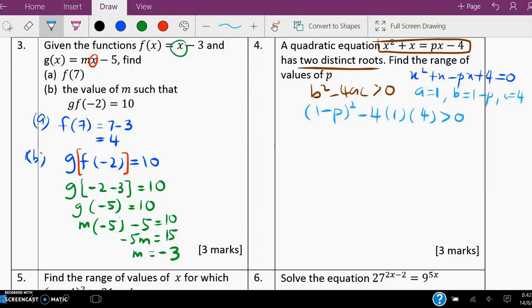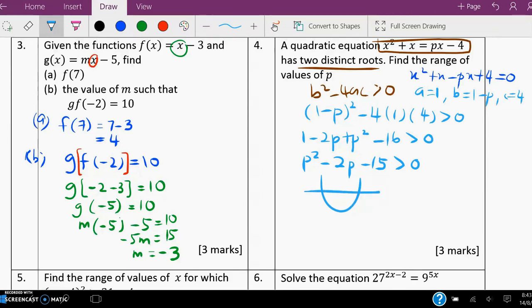So we expand this, it's going to be 1 minus 2b plus b squared minus 16. This is where students start to make a mistake. Not because they don't know, but they are not used to being alert that this is actually a quadratic inequality. Quadratic inequality, you must arrange it according to the general form. So when you confirm to yourself this is a quadratic inequality, the way we solve it is